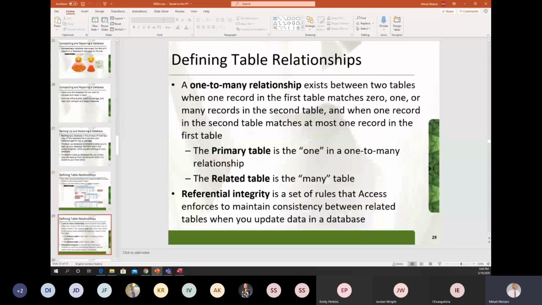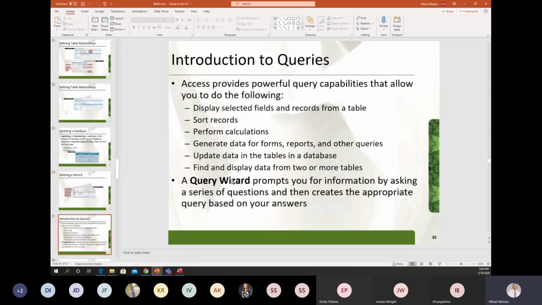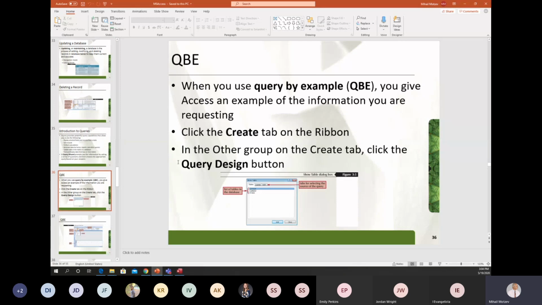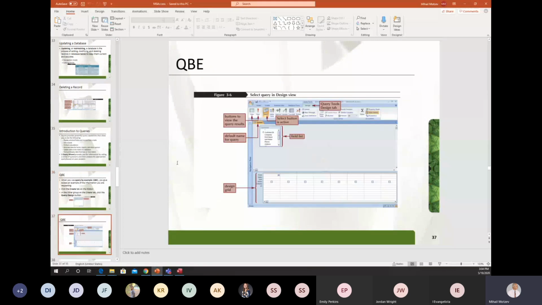And then we started working on more advanced queries, using the professional query design approach. And here we learned how to develop queries that match different